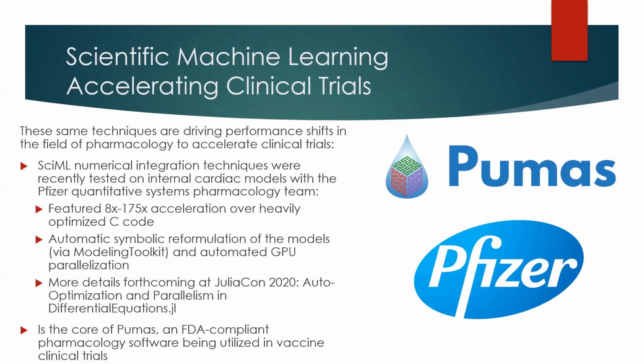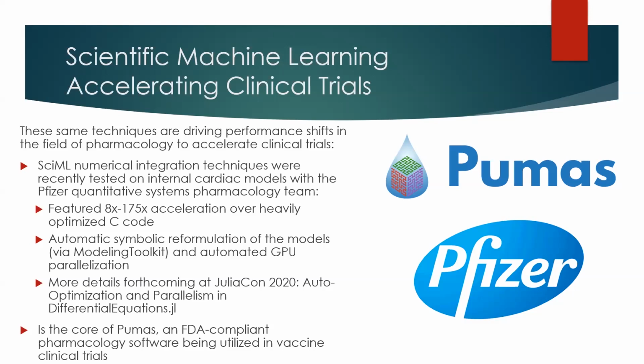So when you have multiple drugs being used at the same time, how can you automatically figure out from the data which drugs are interacting and which are not, to then predict whether future clinical trials will succeed? What we've shown is that this methodology is useful, and when you apply these new tools that we've developed, we've been able to accelerate the models that people are using inside of Pfizer by about 8 times to 170 times over their previously heavily optimized C code. They have had these codes for a very long time, very heavily optimized, but with these new tools and these new forms of simulation, especially with these neural network augmentations, we've been able to get about 175 times faster,